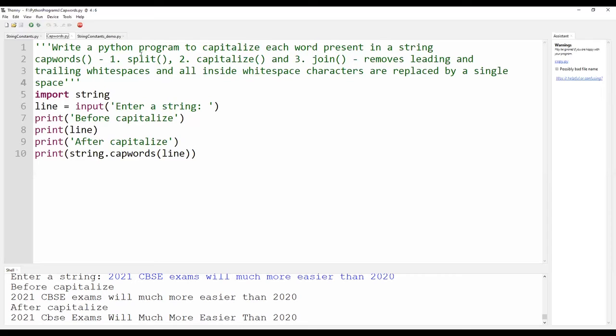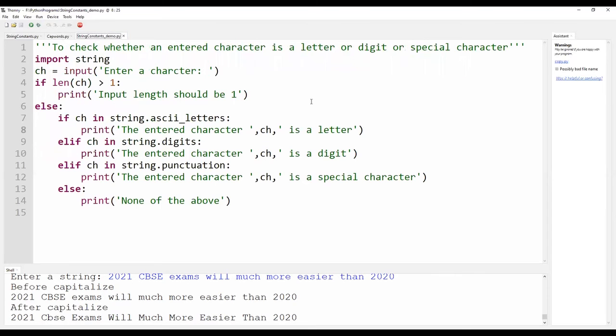Now let us discuss how to use the string constants in a particular program. Here I have taken an example to check whether a character entered by the user is a letter, a digit, or a special character. How to do it? I import string and get an input from the user.